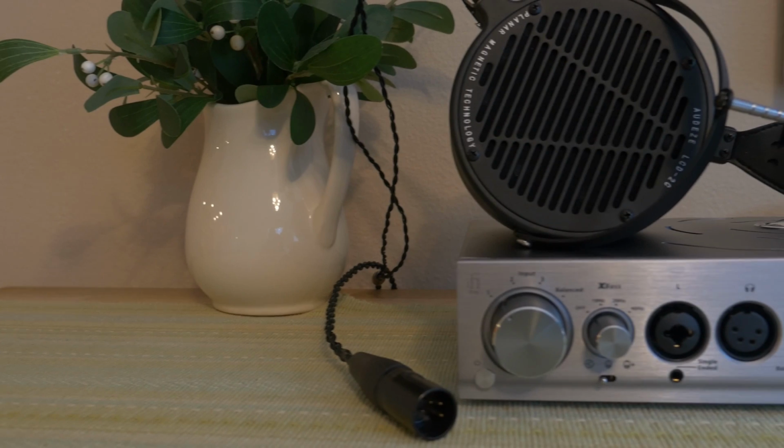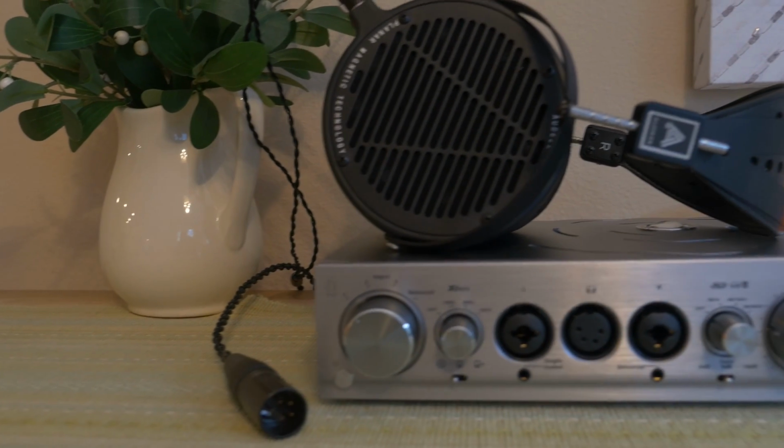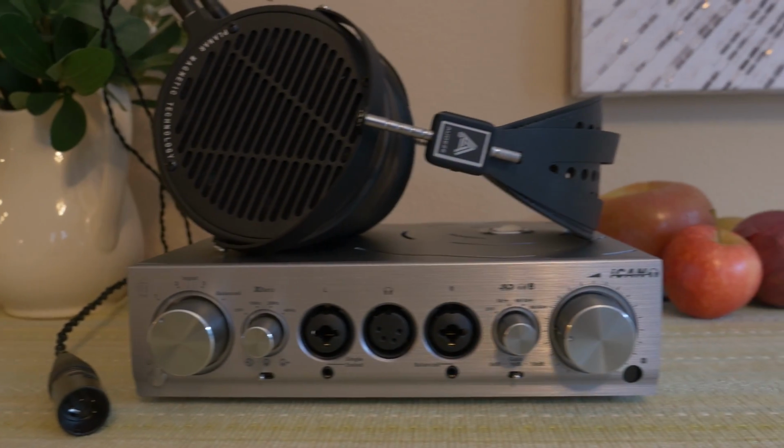So in conclusion, it's true what they say, ignorance is bliss. When I just had the 789 amp, I thought it sounded great. I was like, wow, this is a really great sounding headphone amp. But then when I got my hands on the iFi Pro iCAN, it really opened up the music on a whole new level. I mean, we're talking endgame level. So yeah, while the THX AAA789 is quite affordable at $400, the iFi Pro iCAN costs more than 4 times more than that. But if you're talking